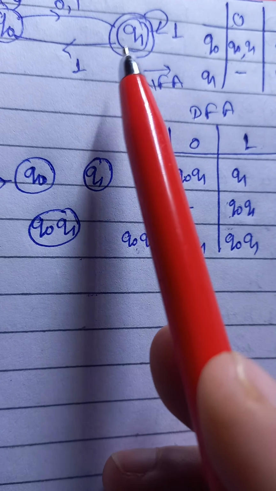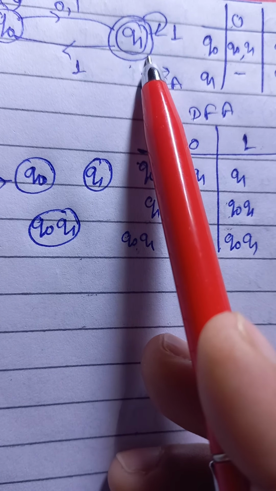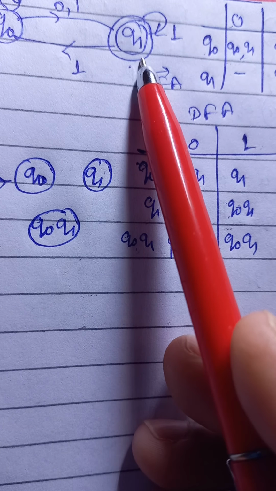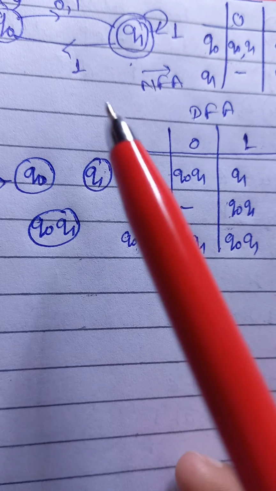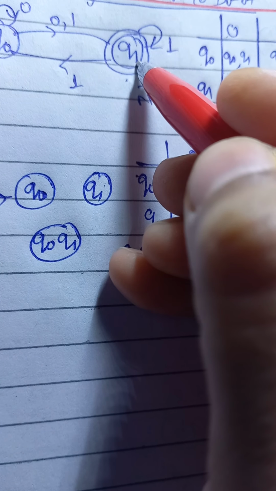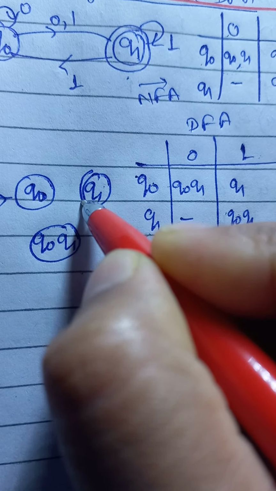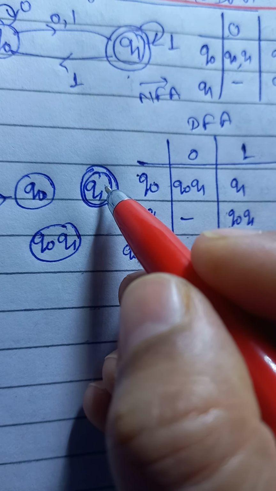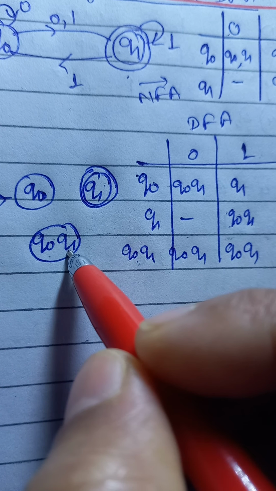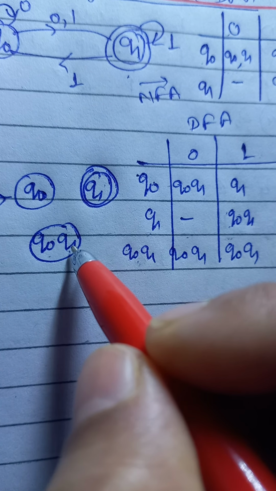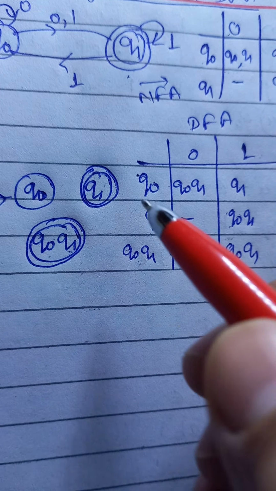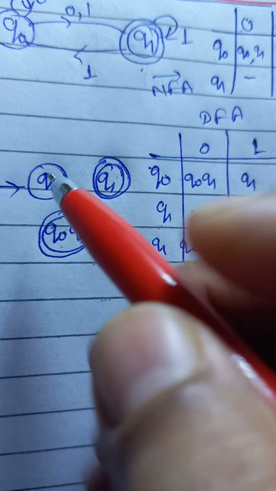One more important thing is there. Whatever we have as the final state in NFA, we will make that a final state in DFA, but whatever states are combined with this final state will also be final states. So here we have Q1 as the final state. In this DFA also we have this final state, but Q0 Q1 is another state, in combination with Q1, which is the final state. So this will also be a final state, and Q0 will remain the initial state as above.